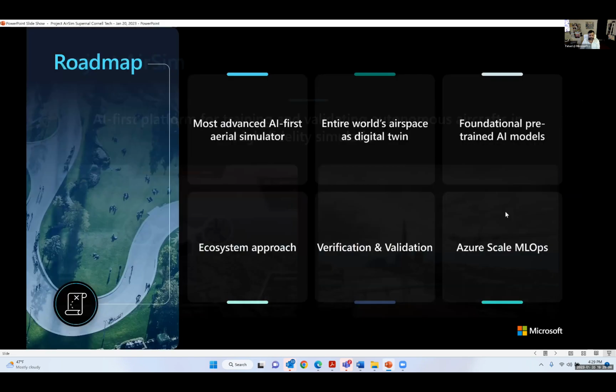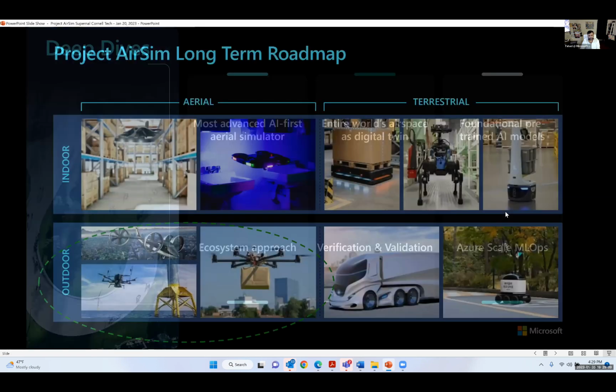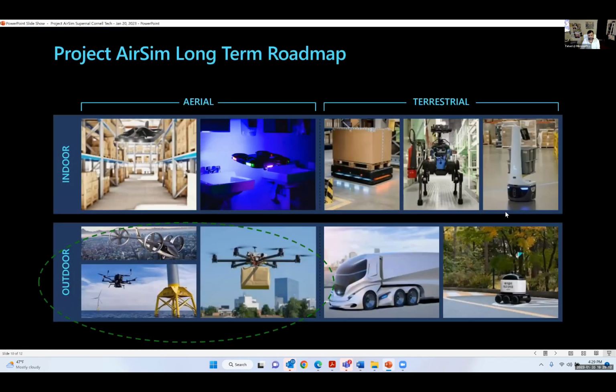I can talk a little bit more about that, but this is a rough roadmap of what we're building, where we're getting to. This is the overall focus we have right now in the outdoors. Inspection scenarios are very big for us. Similarly, drone delivery, as well as neo aerospace, where traditional and new aerospace companies are building flying cars or vertical takeoff vehicles that don't require airports, but rather can potentially take you from point A to point B. And that's an area of deep interest to us.